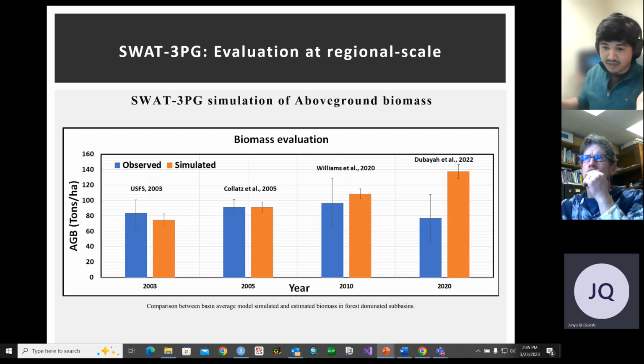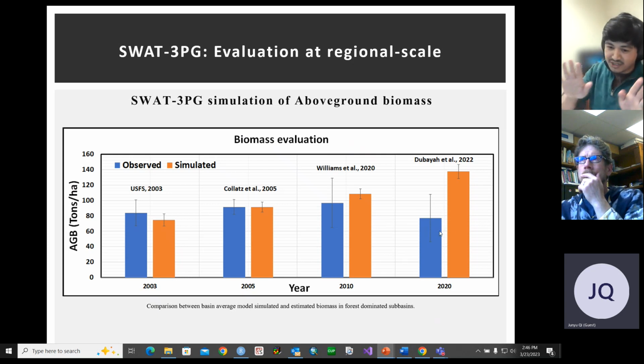And of course we do not know, but the model does a good job of simulating for the first 3 data sets, but then in 2020 when we compare against JEDI, it's under simulated. Now there could be a multitude of factors, right? Uncertainty in JEDI, our model does not incorporate disturbances, right? So if there were disturbances from 2000 to 2020 that led to this decrease in biomass, our model could not incorporate that. So there are still some uncertainties associated with this, but generally the model is within ballpark of these different